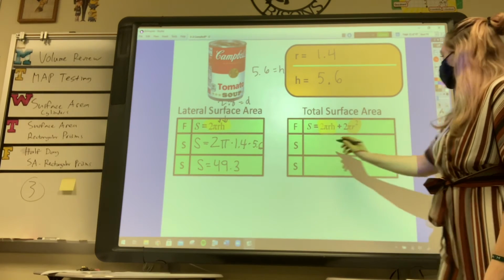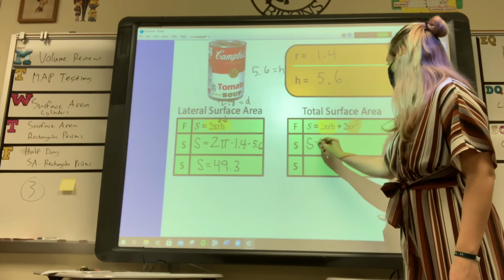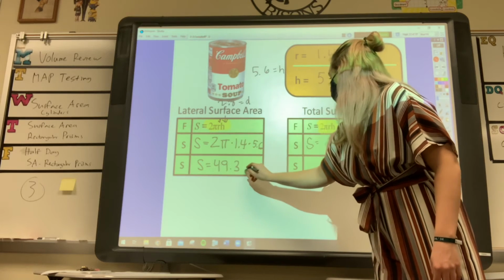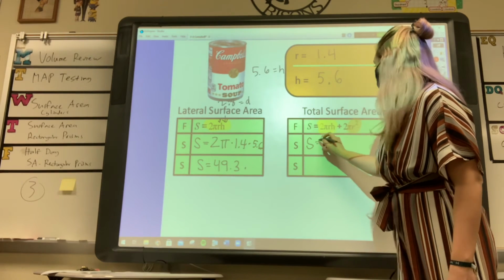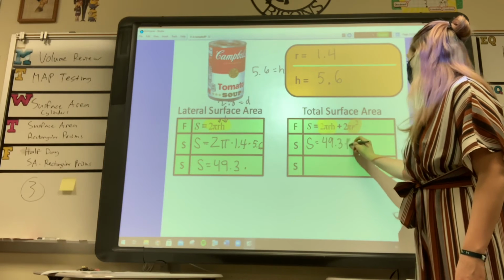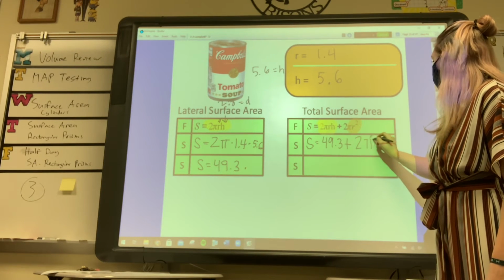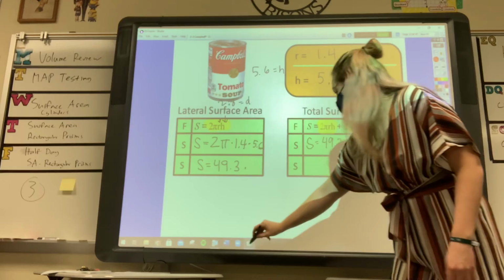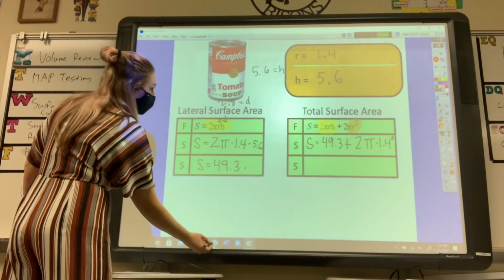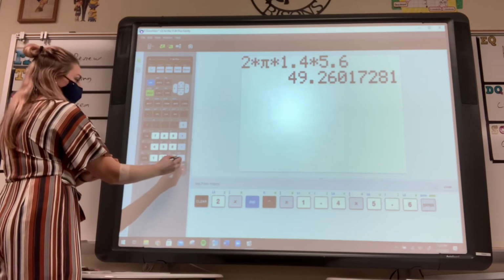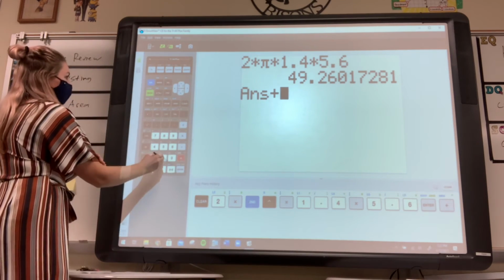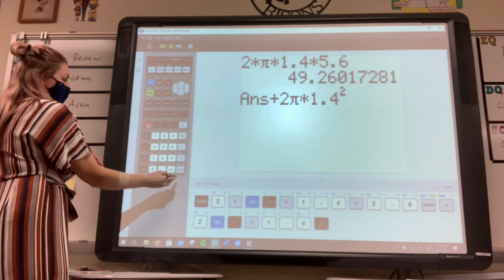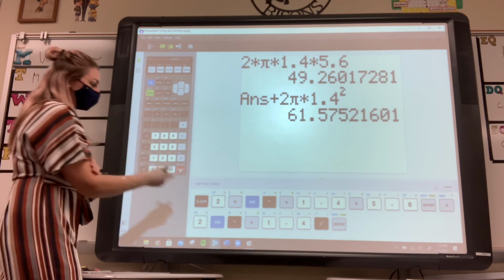So what we can do is substitute the numbers that we already have. So again, we already did this here. So we can take this number and put it here, 49.3, plus, and then we just need to fill in what we don't know, 2 times pi times 1.4 squared. So going back to our calculator, since this is already saved here, I can just do this answer plus 2 times pi times 1.4 squared. And that will give us our 61.6